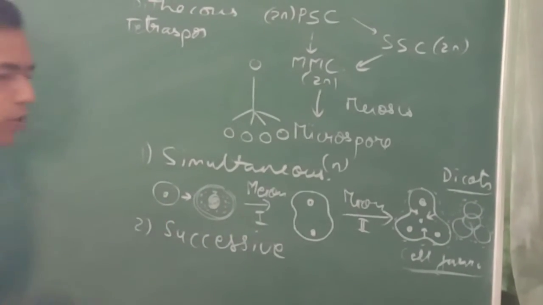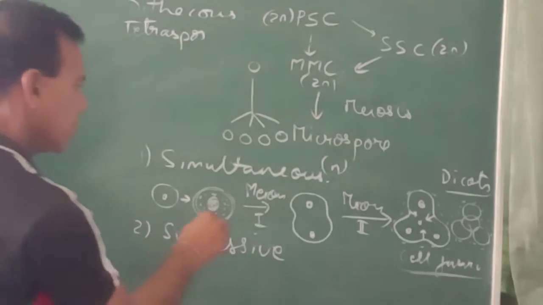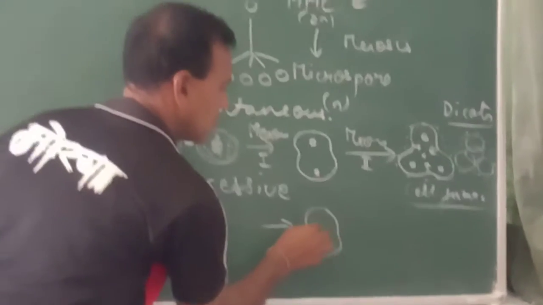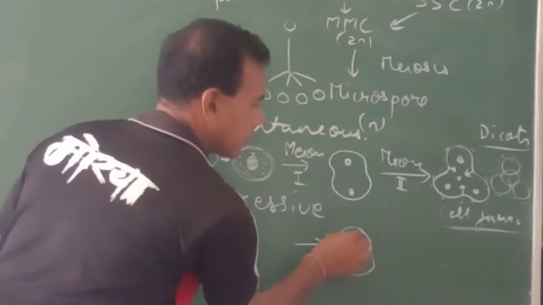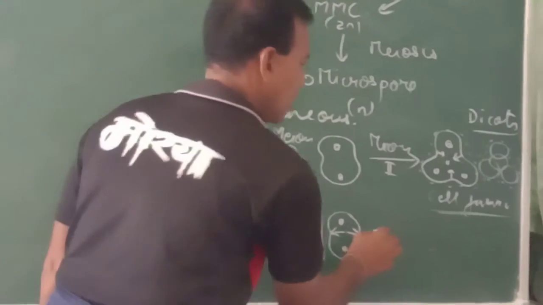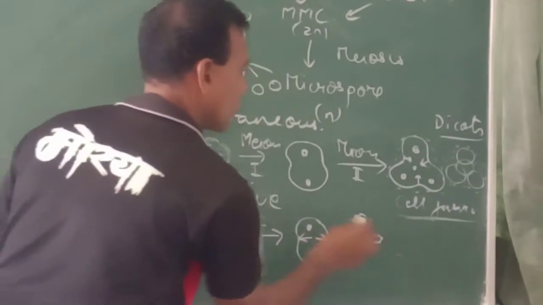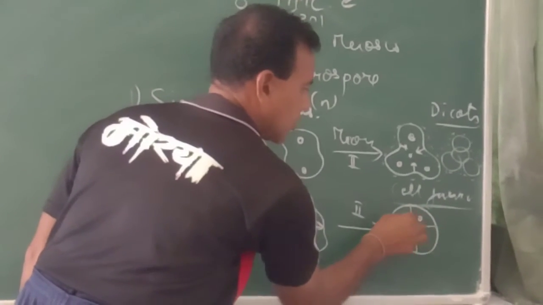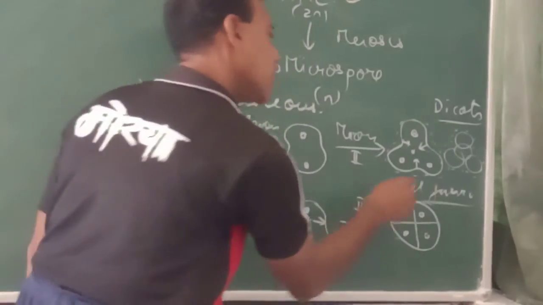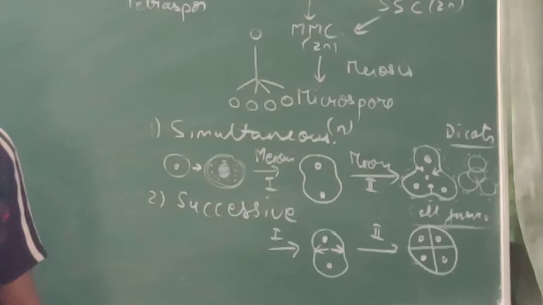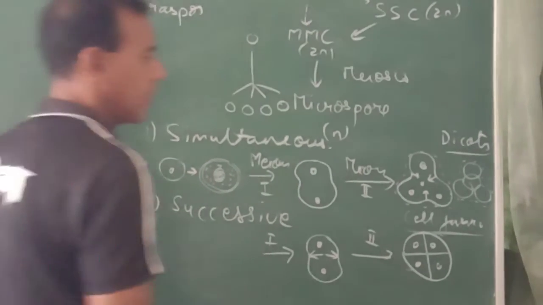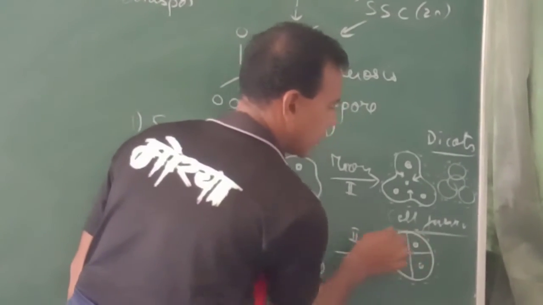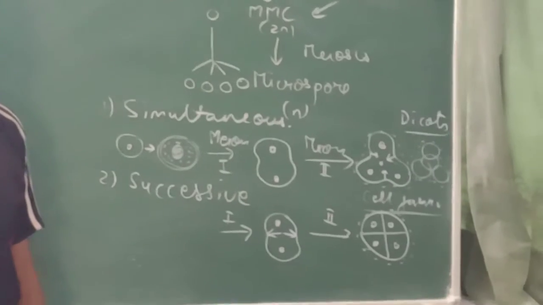In the successive method of division, after the first meiotic division, there is wall formation by the cell plate method from inner to outer side, and after meiosis 2, a tetrad is formed like this. Now this is known as the isobilateral situation, and it is a very common condition in monocots and some dicots like members of Apocynaceae and Asclepiadaceae. The 4 spores are arranged in this isobilateral manner.